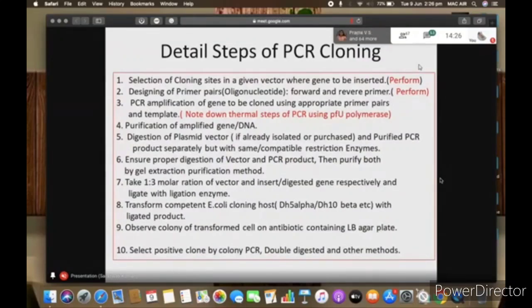I am talking about this. Which site based on gene to be added? It has some restriction site, depending upon which restriction enzyme we have used to cut the gene of interest. I told you we are going to do PCR based cloning. So you wish to cut your gene.